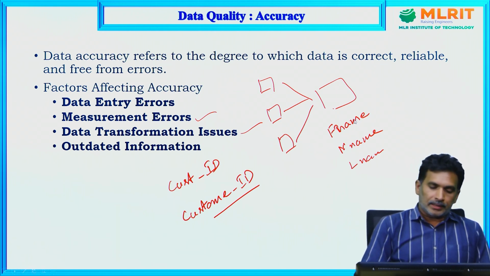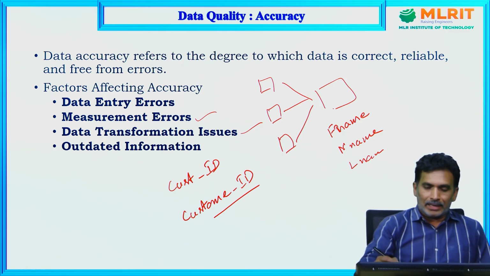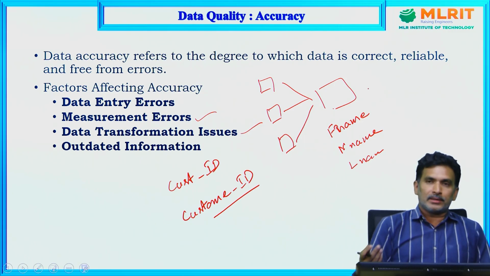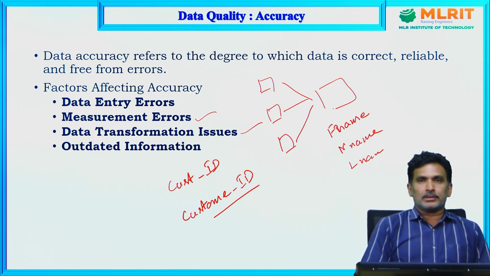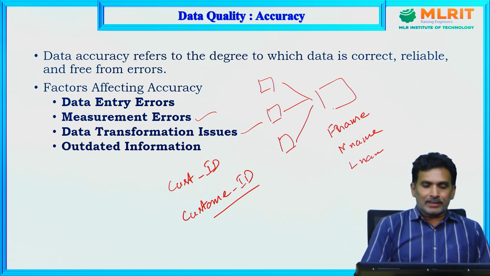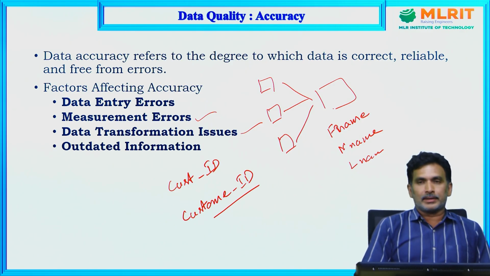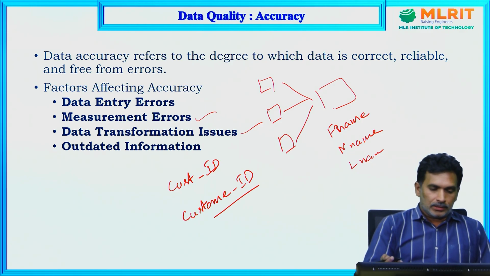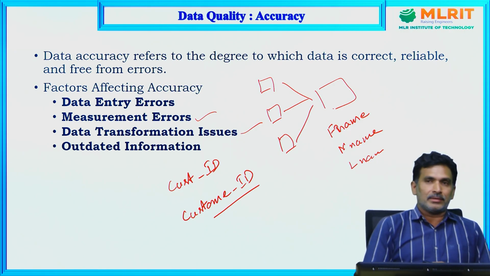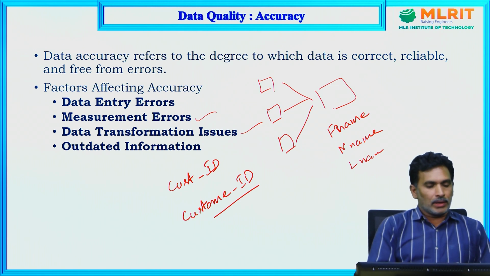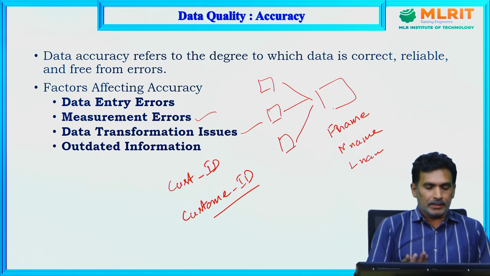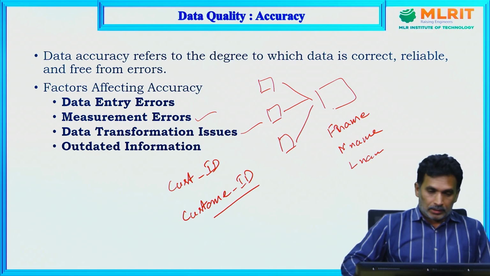Suppose you want to sort the age of customers, so we apply sorting transformations. If you want only the first name of the customers, we apply a selection transformation so that it selects the first name. These are the transformations. While doing the transformation in this ETL phase, there is a possibility of getting inaccurate data and outdated information also, because whatever data is being updated in a database that is obsolete or outdated also causes inaccurate data.